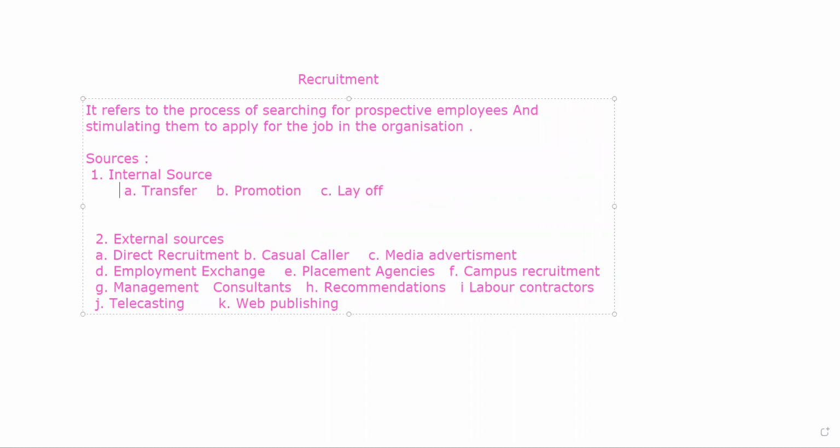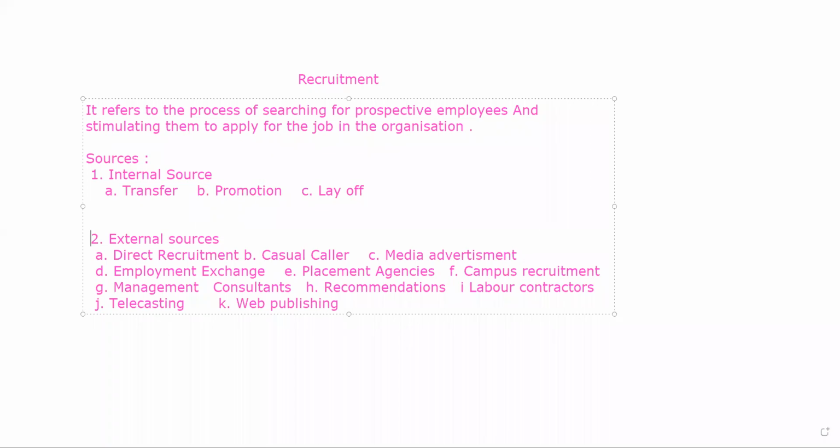When the recruitment is to be done from the internal source of the business, then it is known as an internal source of the business. It means we invite and fill the post with the people who were associated with the organization earlier. The vacancies are to be generated for those people who are already working in the organization. So it can be transfer.